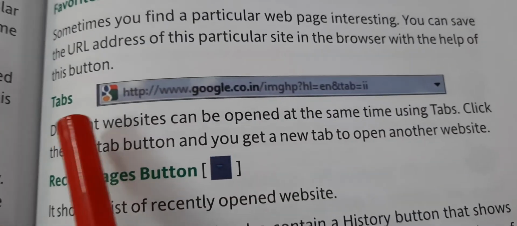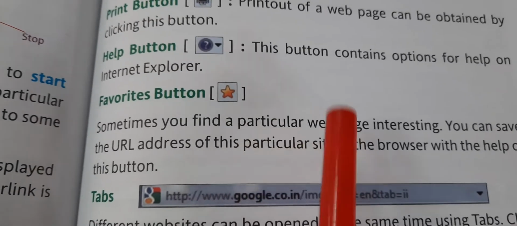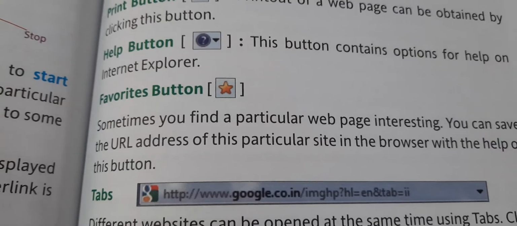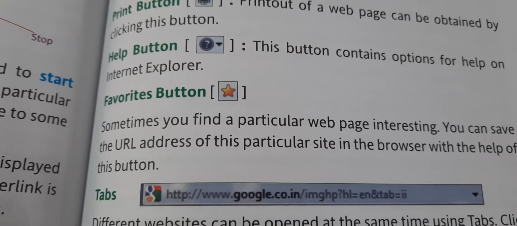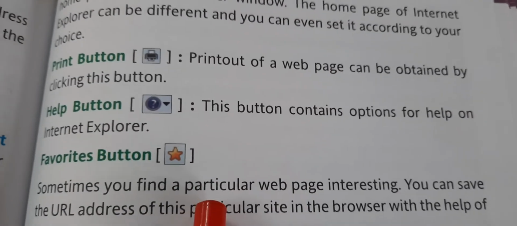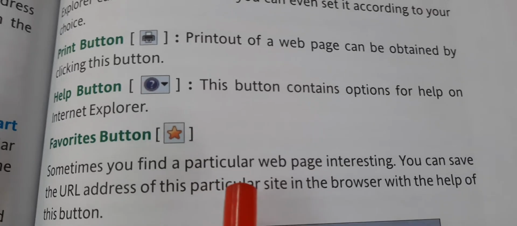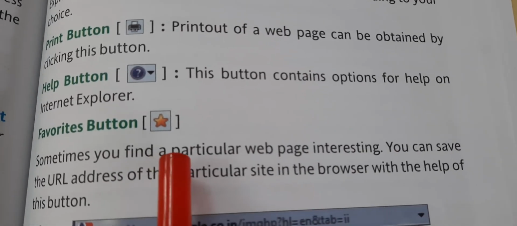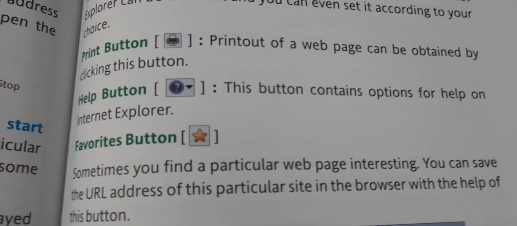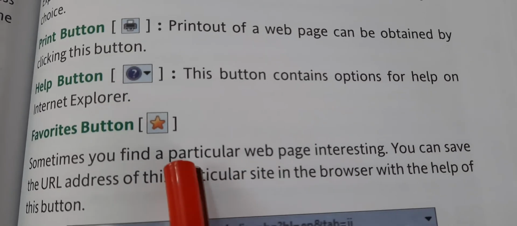We will study tabs in the next period, and please go through it properly, because these can come for short answers as well. So don't just do a rough reading, go through it properly, and everything will not be given in the copy. You need to learn it and understand it properly. Okay, so if you can see these things practically, then also it is fine, and if you cannot, then at least go through the theoretical part. I will show you practically all these buttons later on.